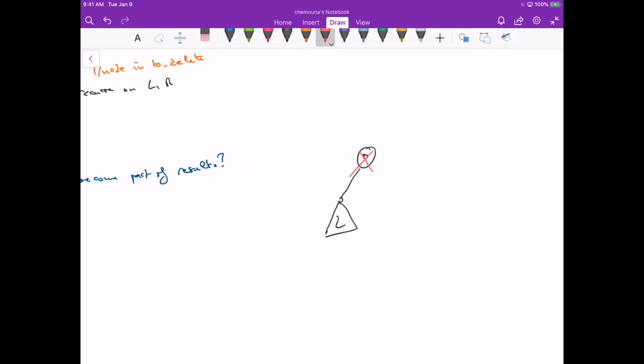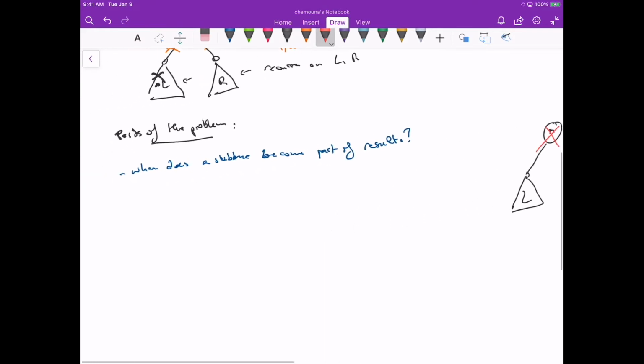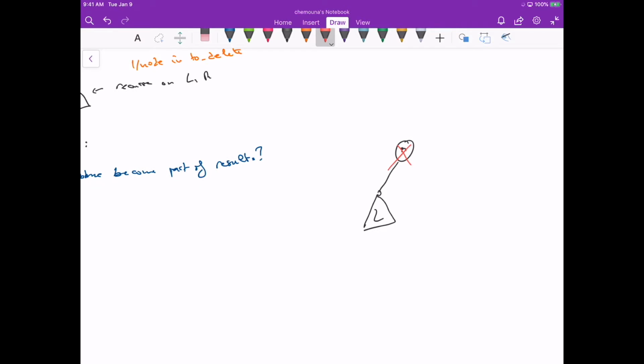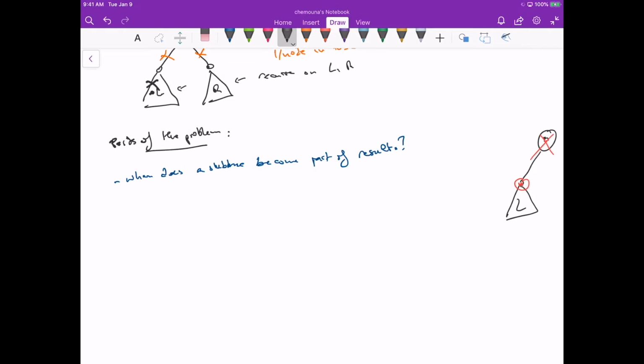So if we delete this node, then left becomes part of the result, right? So if its parent is deleted and the value of the node here is not part of the delete, because if the node here is part of the delete, then we can't add this to the forest, right? We need to add its children. But if this one is deleted and the node value itself is not part of the delete, then it's part of the forest, right? So this way we can answer our question about when does a subtree become part of the result. It's if its parent is deleted